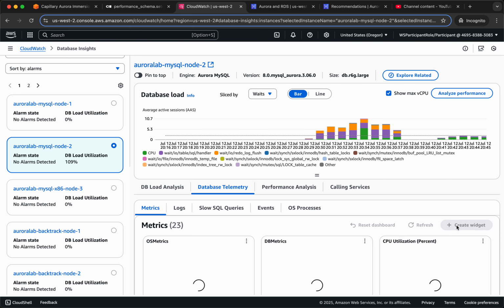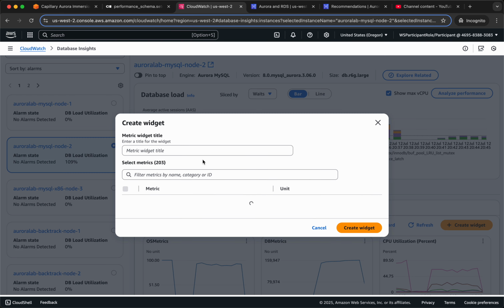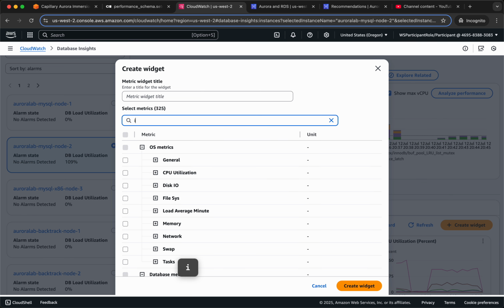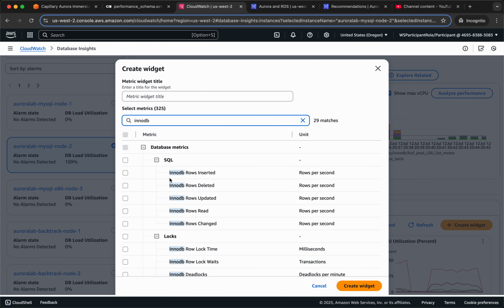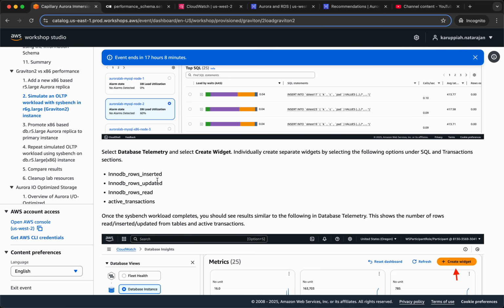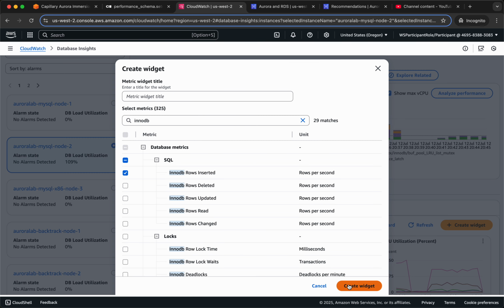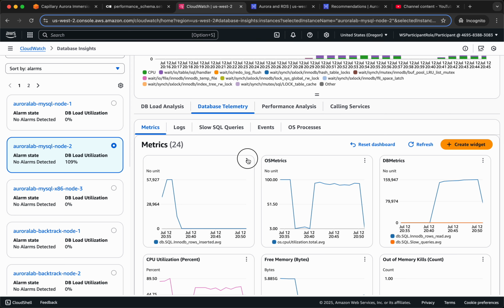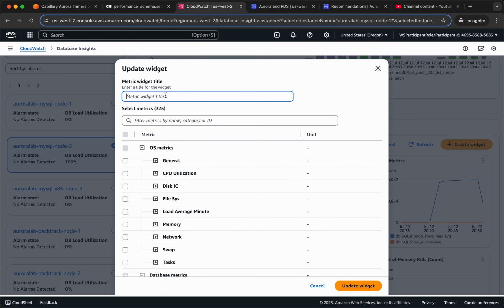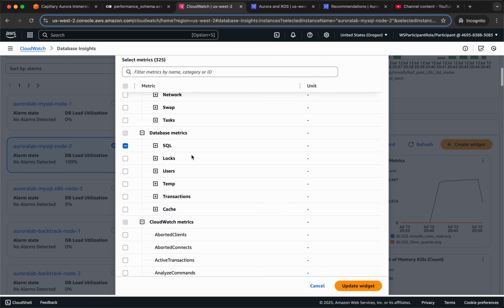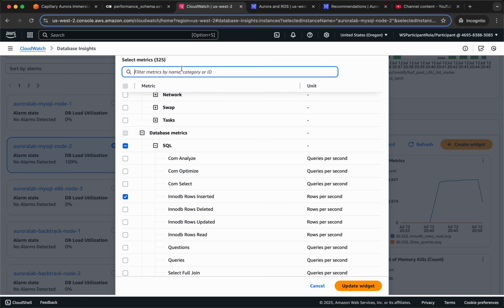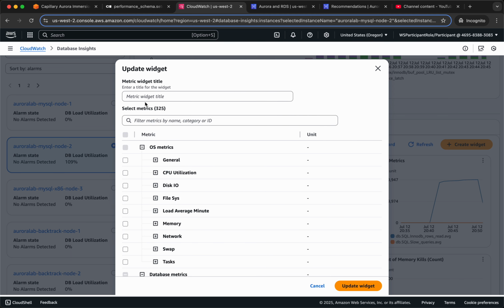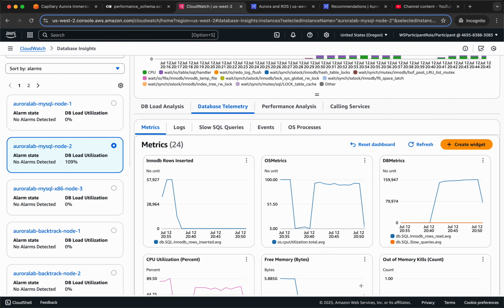specific metrics. For example, you can create InnoDB stuff like InnoDB rows inserted, updated, read. These you can keep, inserted, updated, read, and then transactions. So there's no name for this. You can actually give it a name if you want. Basically InnoDB rows inserted. So InnoDB rows inserted, right? Update widget,